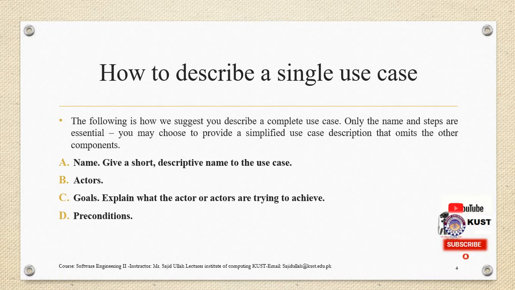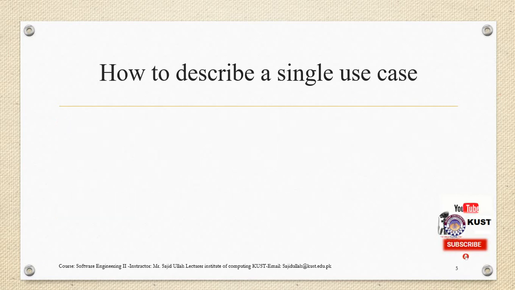Describe the state of a system before the use case occurs by listing any condition that must be true before an actor can initiate this use case. For example, to be able to check out a book in the library system, the book must be available and the client must not have any overdue fine. Summary. Summarize what occurs as the actor or actors perform the use case.